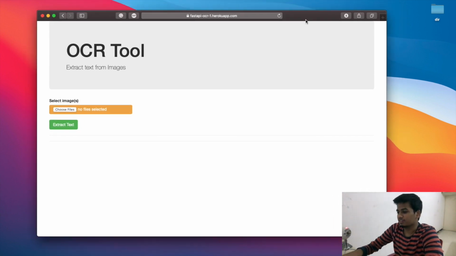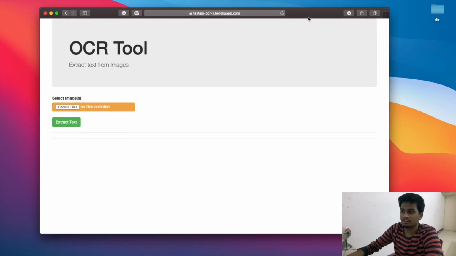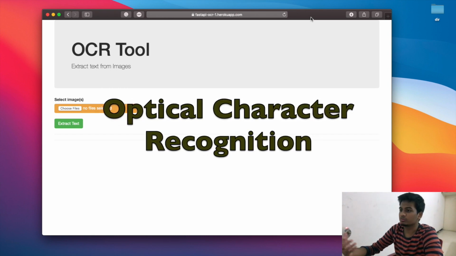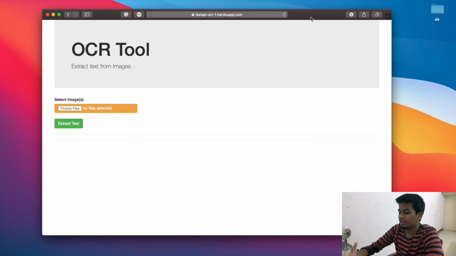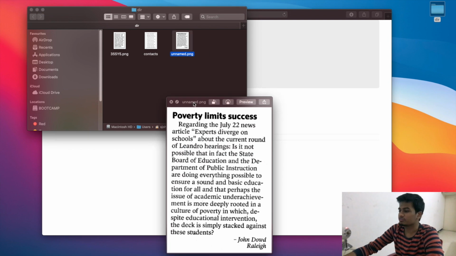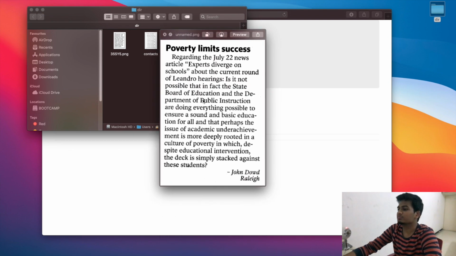So what we're going to be learning today is basically OCR. OCR stands for Optical Character Recognition, and for those of you who don't know, it's a means of converting an image which contains text into actual text, or in other words, extracting text from an image. So what I mean by that is, suppose I have an image, right? So this is an image of a newspaper clipping or something, and it has some text inside.